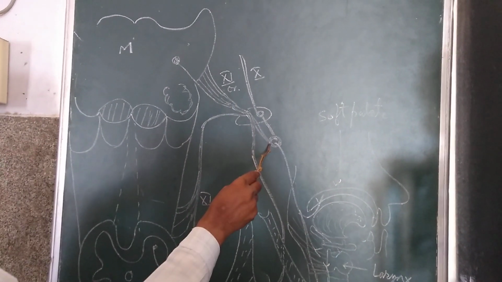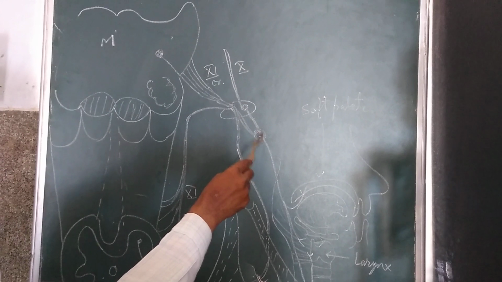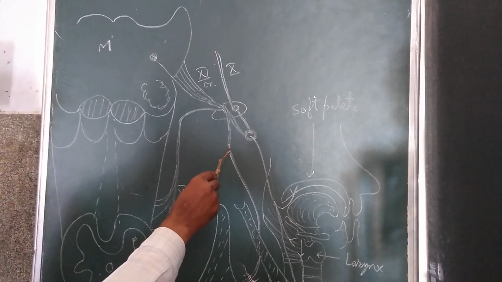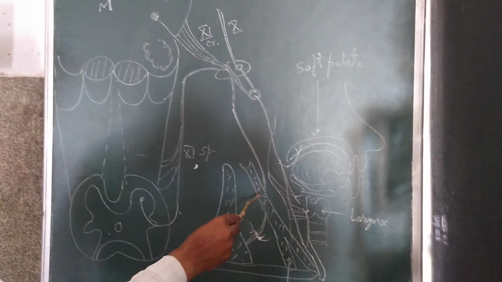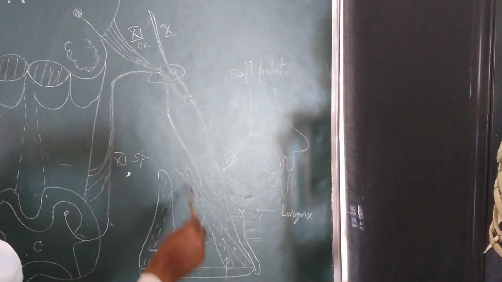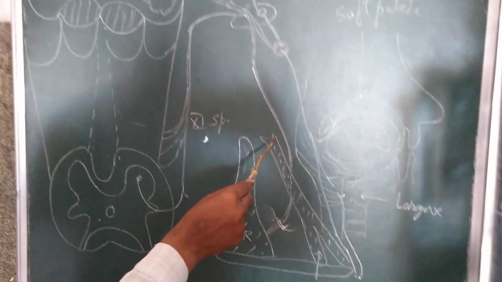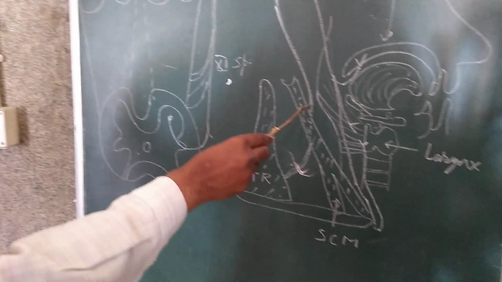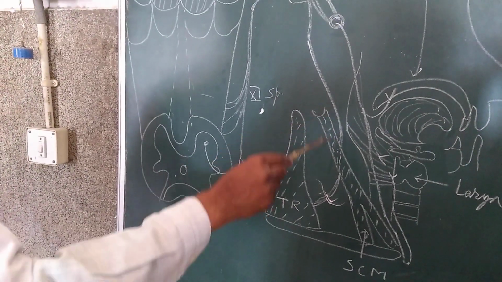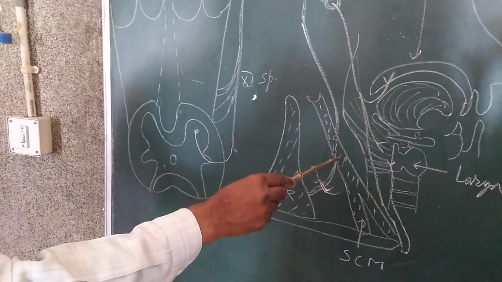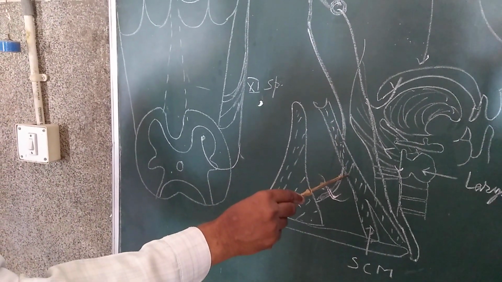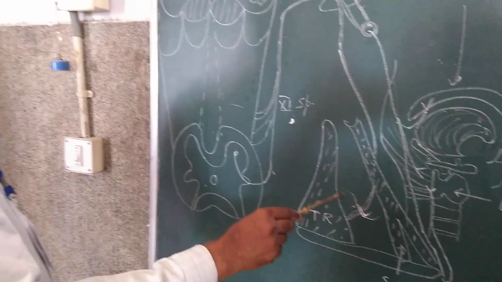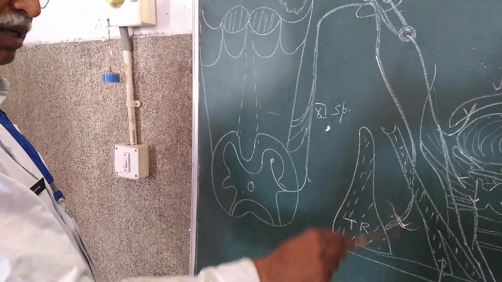The cranial part joins the inferior ganglion of the vagus, whereas the spinal part passes backwards and downwards to the anterior border of the sternocleidomastoid muscle at its junction with the upper fourth and lower 3/4, and enters into the sternocleidomastoid, supplying this muscle. It emerges through its posterior border at its middle and enters into the posterior triangle of the neck, superficial to the levator scapulae muscle.